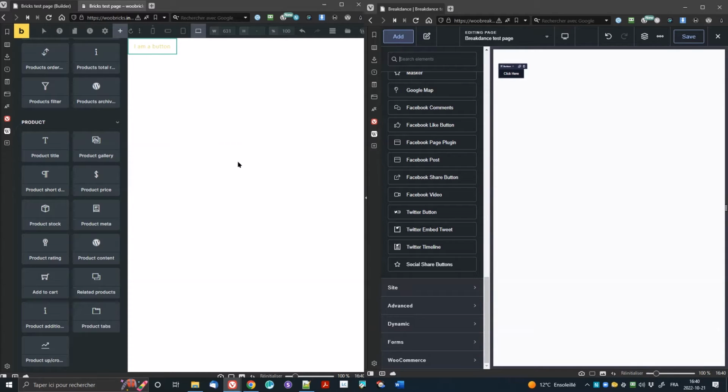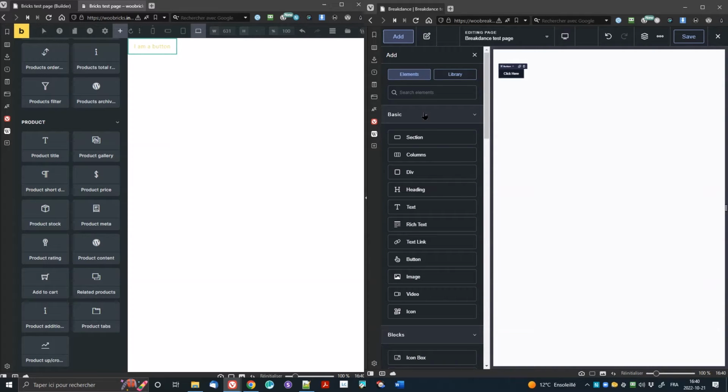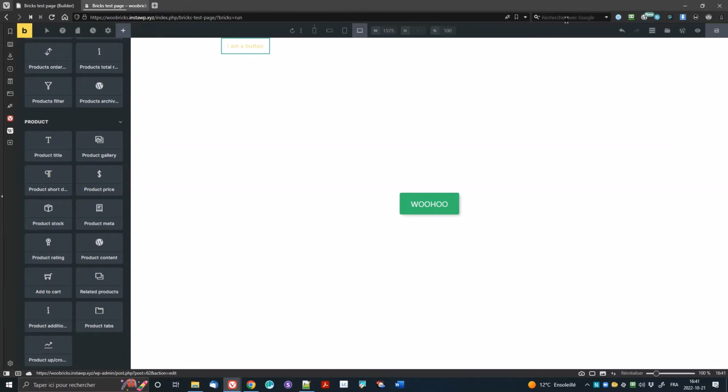So everything that you have in Elementor Pro will be there for sure. And if it's not in Elementor Pro, well, their argument is, it's not Elementor. So that's the answer that they give. A little bit strange, if I want to be honest. But anyway, to save, I'm going to click on the save button here, and my Breakdance window is not big enough, so I need to resize it to see my button. And let's go back to